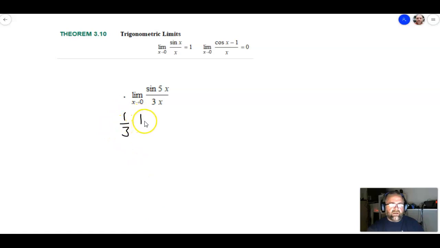1/3 times the limit as x approaches 0 of sine of 5x all over just x, because I pulled that 3 from the bottom out, so there's a 1/3 out there. Now I can multiply both the bottom and the top by 5, so that way I get the angle to match what's on the bottom. And now I can just pull the 5 out of the top, so that's going to be 5/3